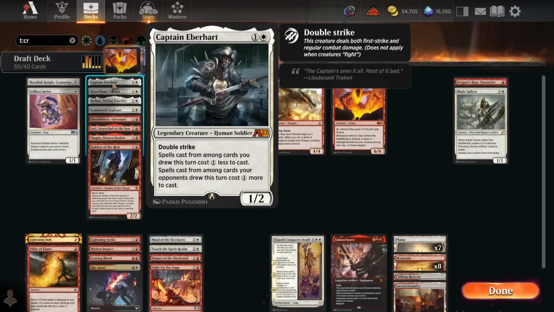2 mana, we've got Captain Eberhart. I mean, there's one dream combo with this card. I guess we've got a couple different little dream combos. This card's not going to be particularly good by itself. But...